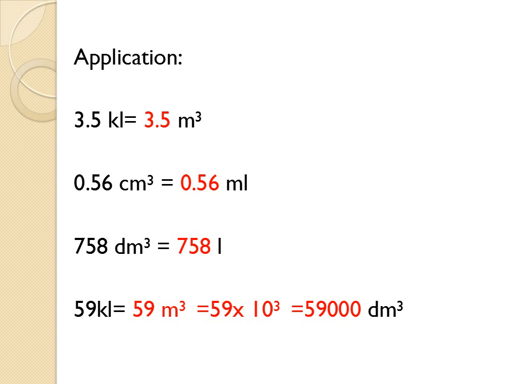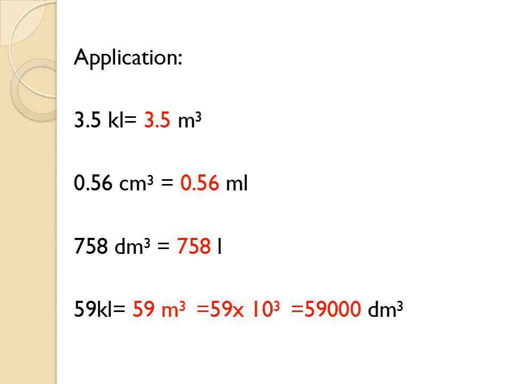So kiloliter is equal to meter cube, centimeter cube equal to milliliter, decimeter cube is equal to liter. As you see, the numbers stay as they are. We don't multiply it, we don't divide it. We only copy the number as it is. Here in the last one we have